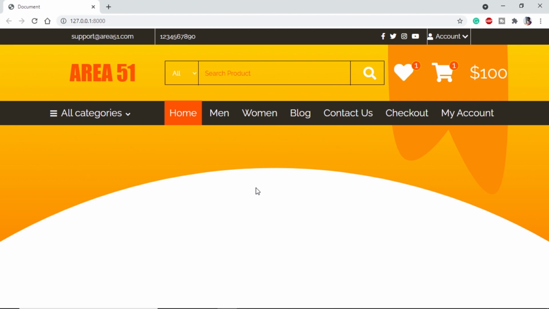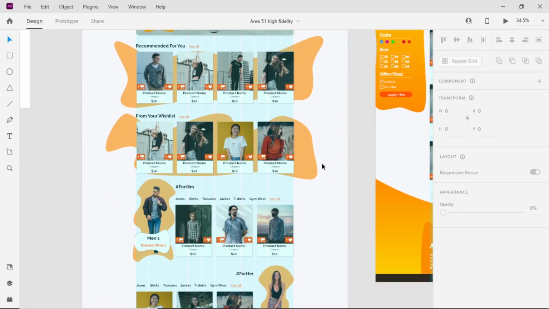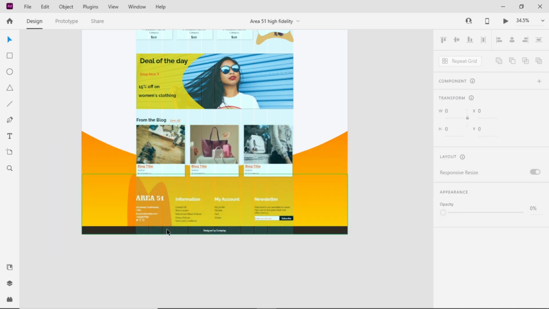For the sake of video, we have wrapped this up very early, but it will take a lot of time, so please be patient. Here we can see this part we have done already, the header part. If we look for the footer, this is our footer, and we are going to design this. So it is quite simple. We will have 4 columns and the background exported from Adobe XD. I am going to use the same method of explaining the HTML files, where I'll already put the HTML and CSS, and in the browser I will show you the way how I did it.